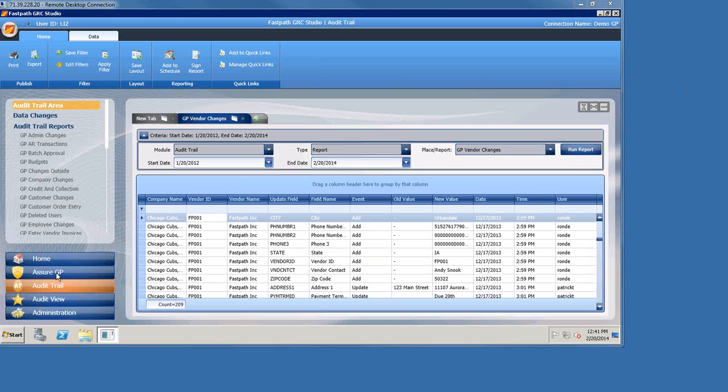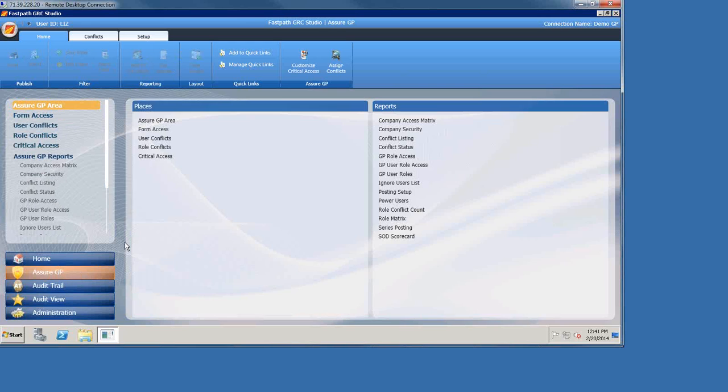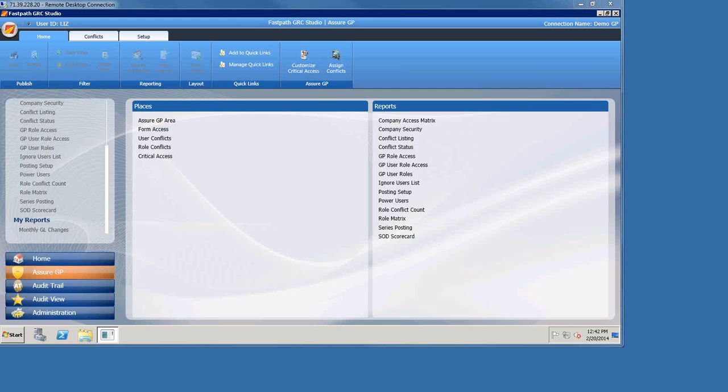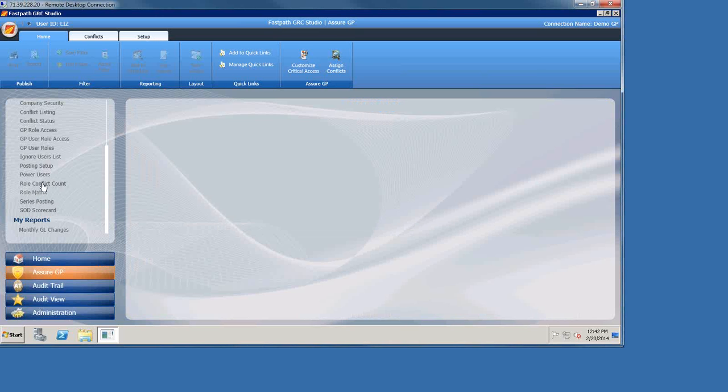Okay, cool. So I'm going to move on to the Assure section. The Assure tool is what I was talking about as the one-stop shop for GP security, being able to see segregation of duties and who has access to the different pieces of your system. Under the reports, we have a whole bunch of security reports. We have a company access matrix, which will show you who has access to the different companies in GP. We have a role matrix,